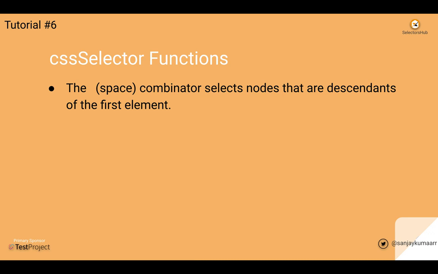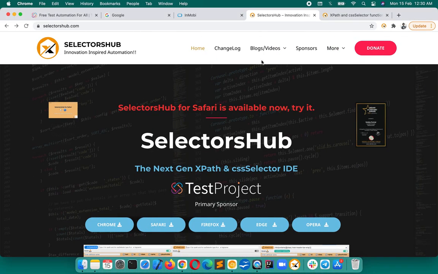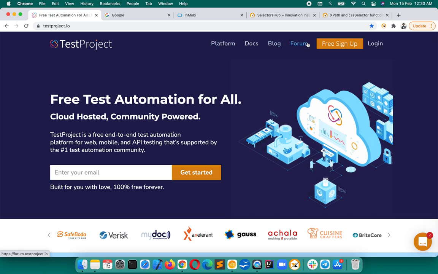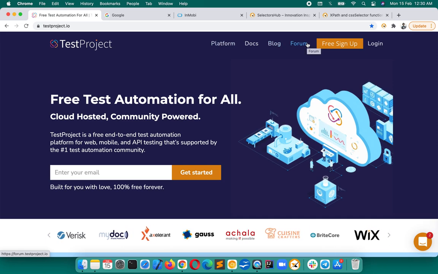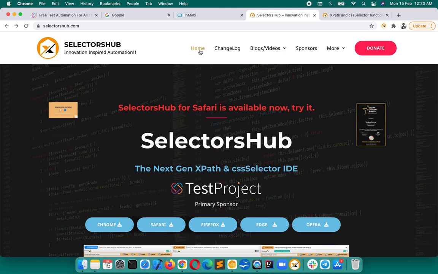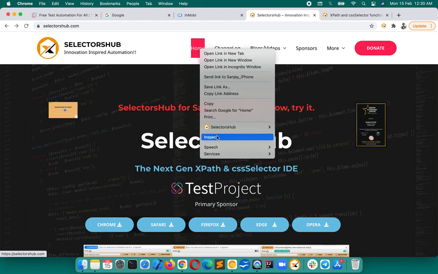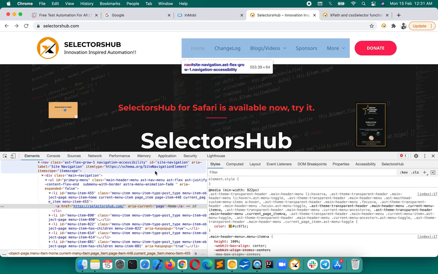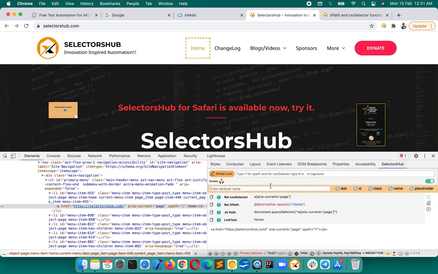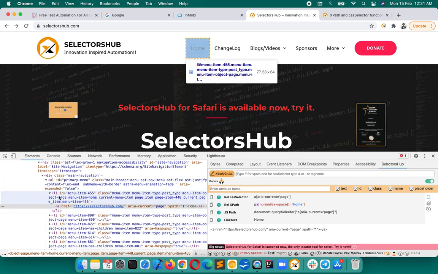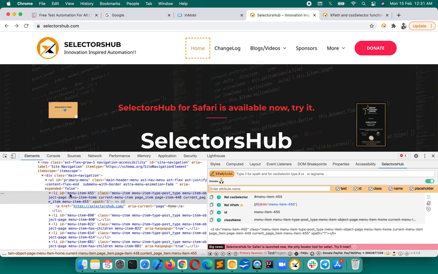that we can select nodes that are descendant of the first element by space. So like we have written there for form, we were writing, and then we have added the space. Likewise, for an example here, suppose we write a cssSelector for this one, so let me show you that space combinator, which we have already seen, I'm just repeating that again. So for an example, if we write and start writing cssSelector for this one, let's say we start with id and we type hash, then we